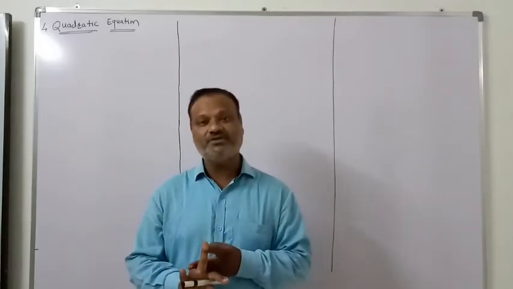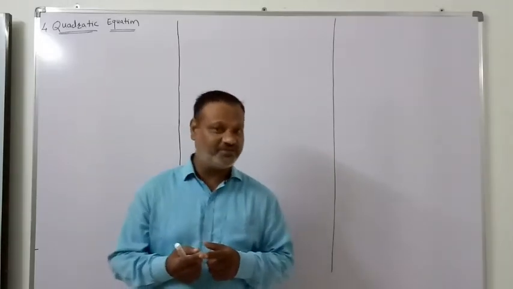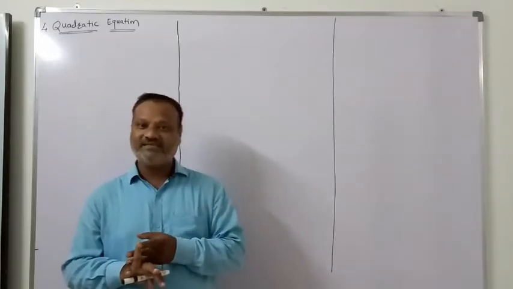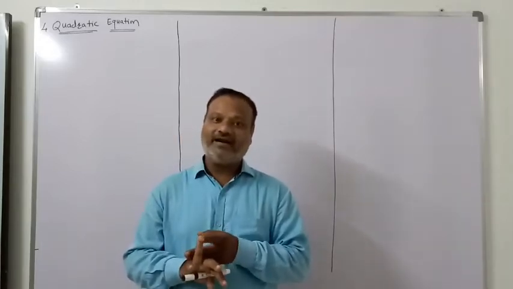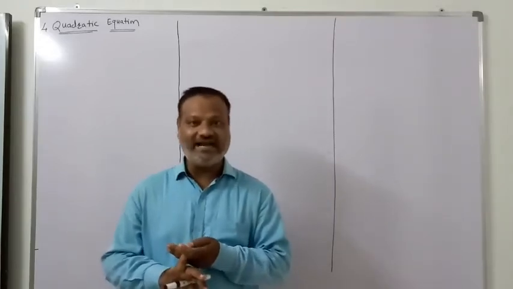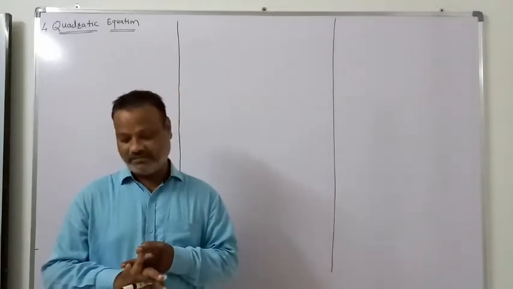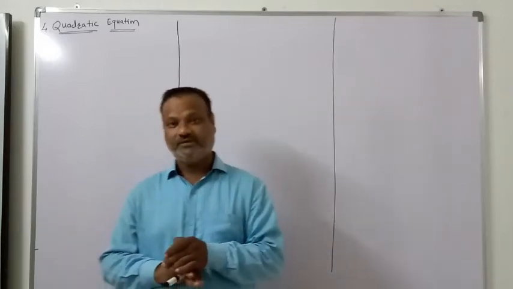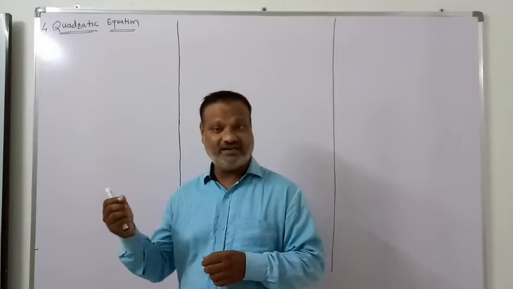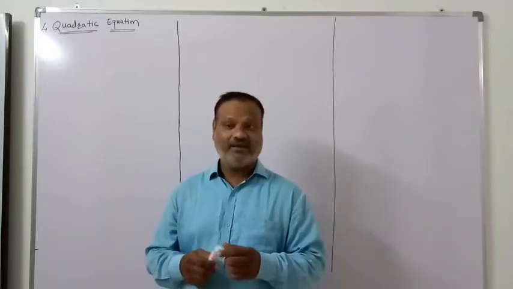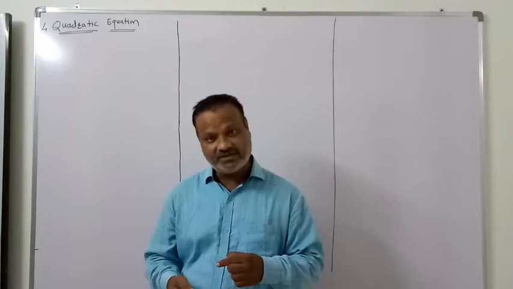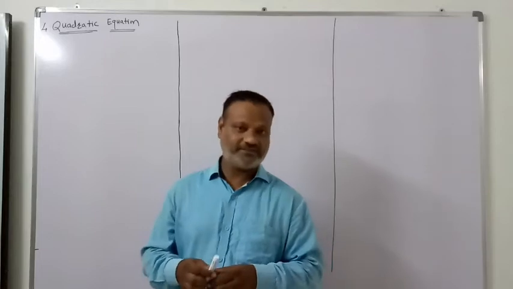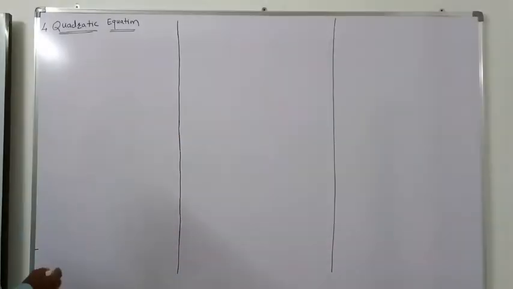The second part is the solution. Just as we found the solution in linear equations, similarly here also we find the solution. The third is the formula method to find the solution. And the fourth part is the nature of the root. What is the definition of the quadratic equation? How can we solve this quadratic equation by using the methods that we will study in this lesson? So the whole lesson is divided into 4 parts.